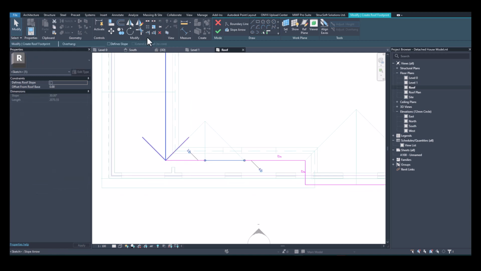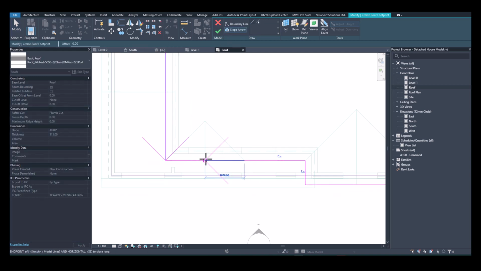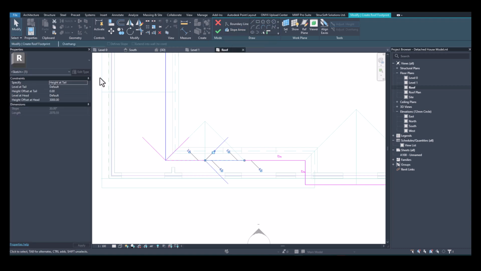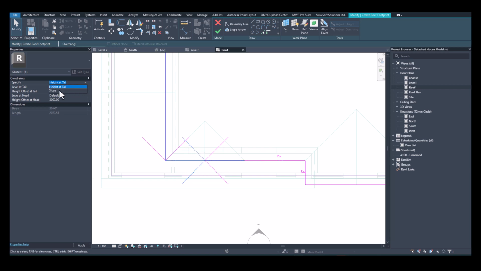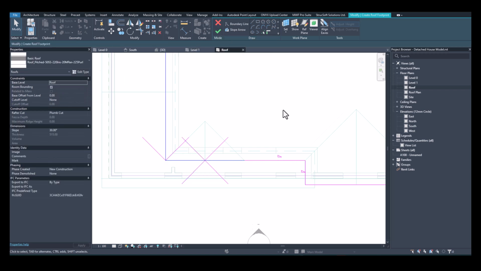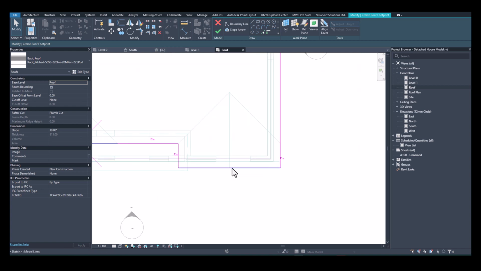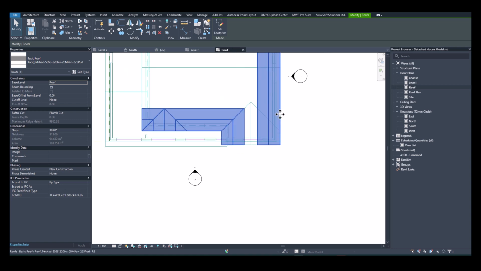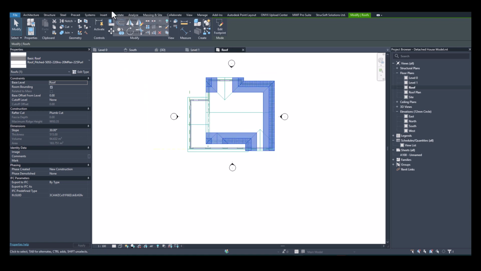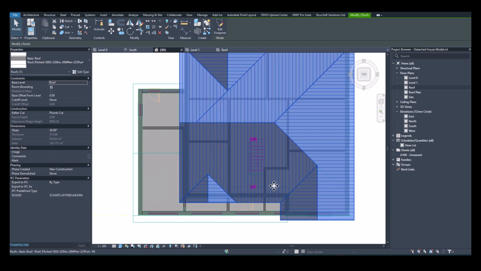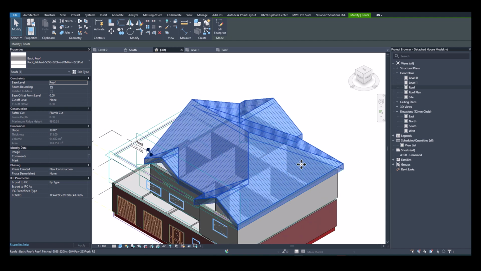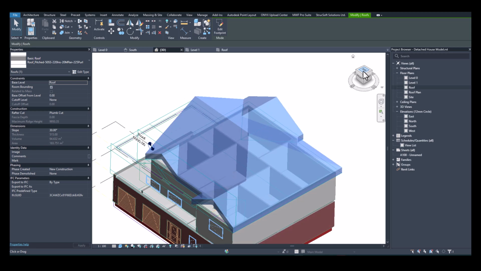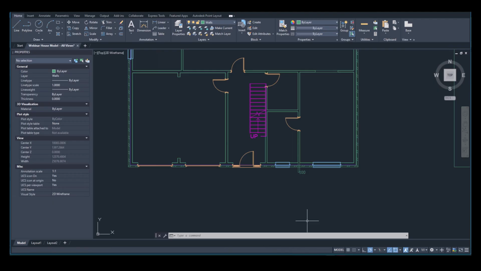Okay, and then I need to place some slope arrows just to define the slope of this roof in this area. And again, we want it to be consistent using a slope value that matches what we have defined previously. So I'm going to hit the green tick, and then we can have a look at what we've created so far. So if I go into my 3D view, then you'll see this is our roof. It's close, but not quite what we want, because in our CAD view here,